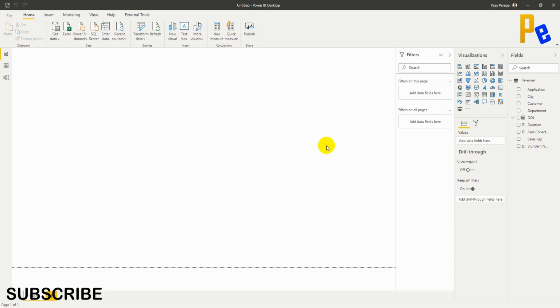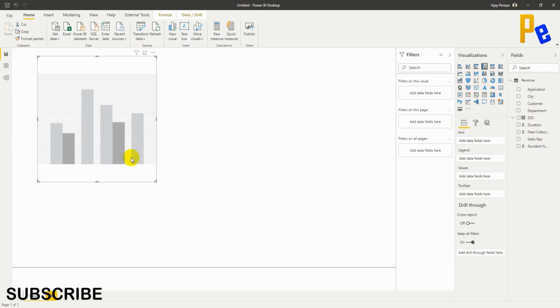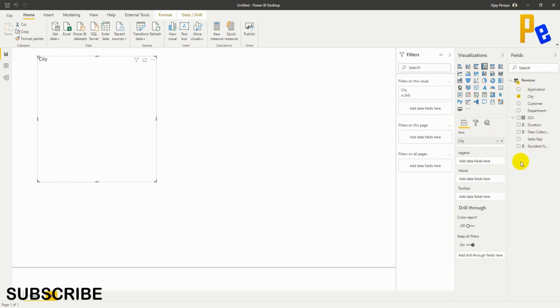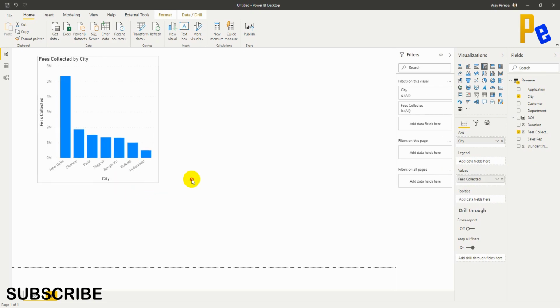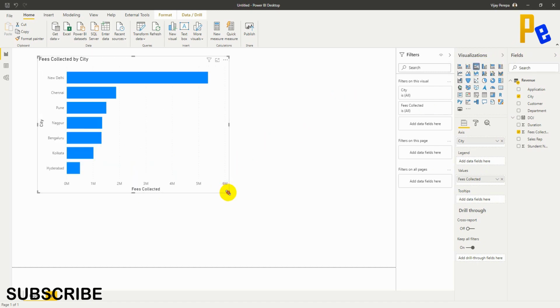So I wanted to create a report. So let me add a column chart, and then let me add the city, then let me add fees collected. So without creating any measure, I'm doing it. You could have done a kind of report modeling where you use the DAX functions and create a complete report model, from where you can drag, drop and create reports in a much better way. But I'm just using a very basic kind of reporting.